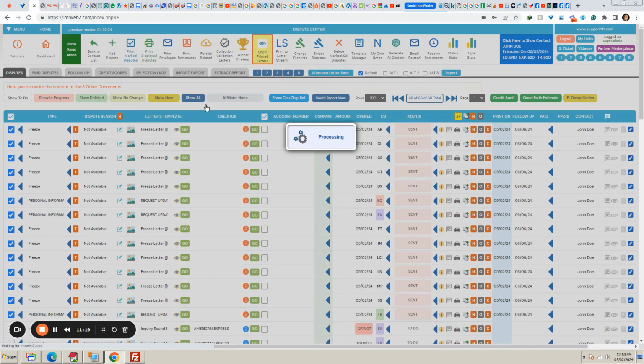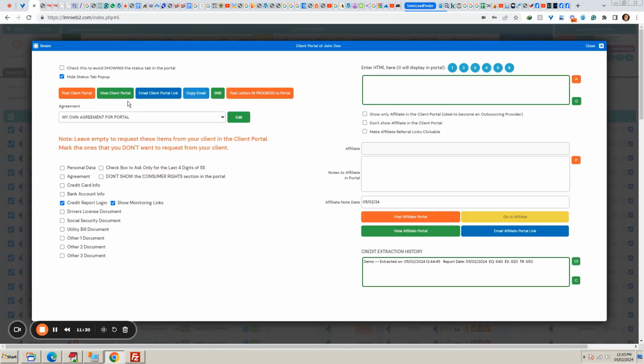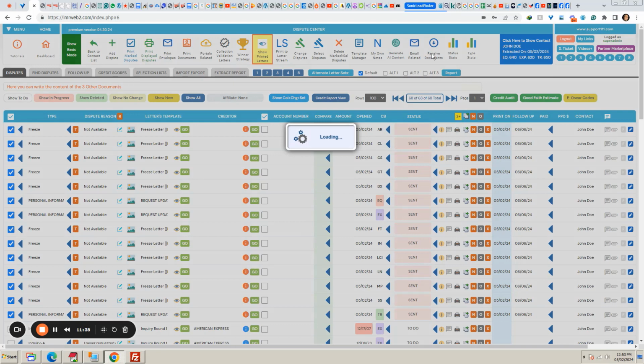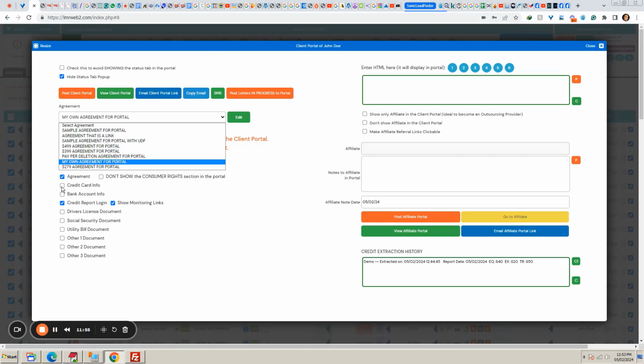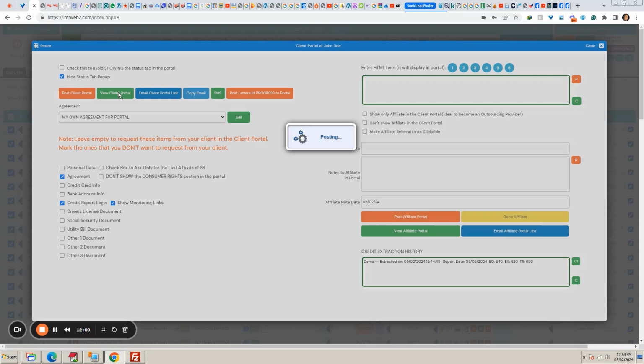So in this particular case, if you post the portal now, okay, portal related, if I post the portal now, let me click here to receive the documents, in this case, the agreement. And if you post the portal now, I'm not going to send this one now. Well, it's not going to be sent because it's already received here. So anyway, I'm going to post, and this is another